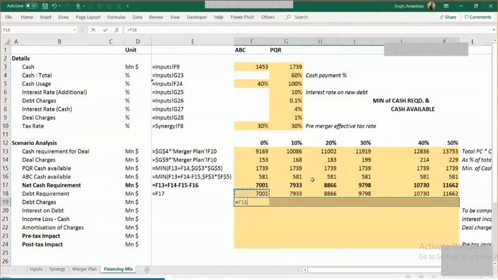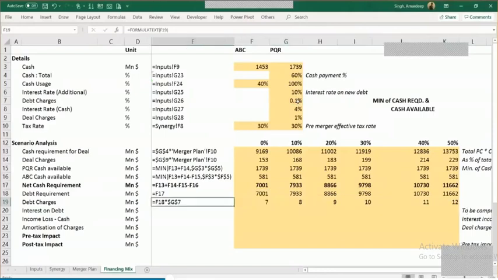So when we take a home loan, then we also pay some sort of 0.5% to 1% of the home loan as processing charges or file charges. So that's called debt charges. For a bigger loan, this percentage is pretty small. So I'm taking the loan amount into 0.1%, which means that this is the amount that the bank is going to charge in the form of debt charges.